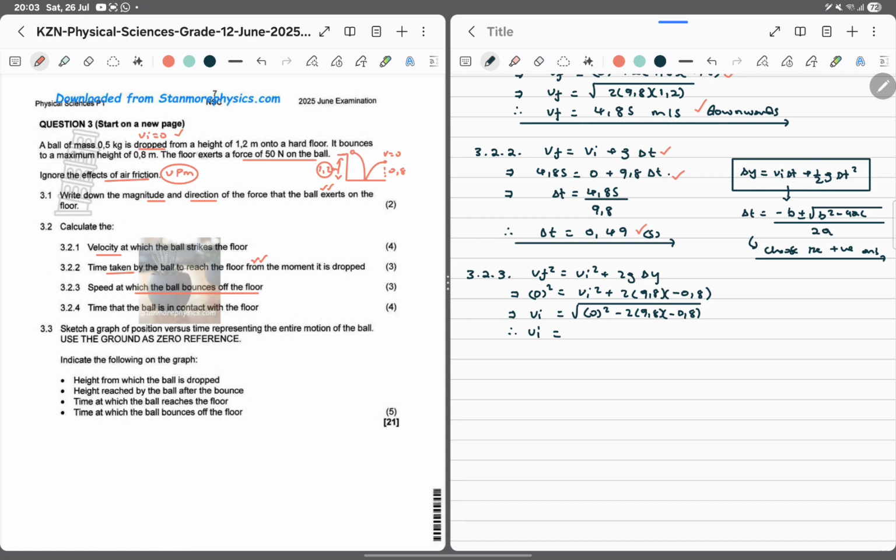So therefore, our initial velocity in that scenario is going to be the velocity of bouncing off the ground. So this is as good as the square root of minus 2 into 9.8 into minus 0.8. So to 2 decimal places, I get 3.96